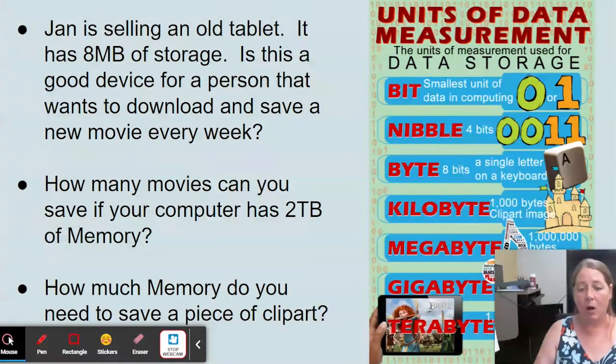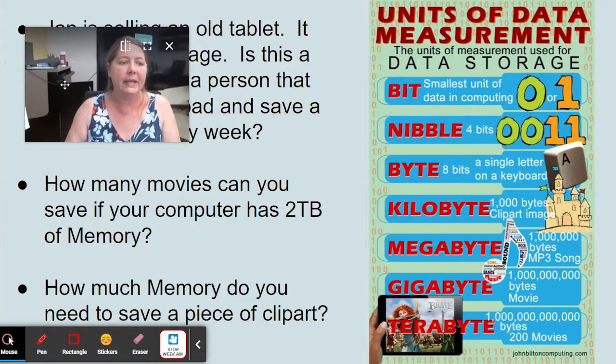We have what's called RAM, which is the working memory. That's a measurement of storage. And we also have the internal storage, like the amount of space, the number of files that you can save in a tablet or a laptop or a PC. So we usually deal in this realm when we're shopping for computers, gigabytes, but you can find computers with terabytes